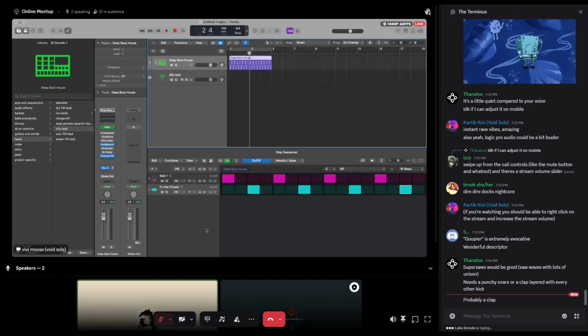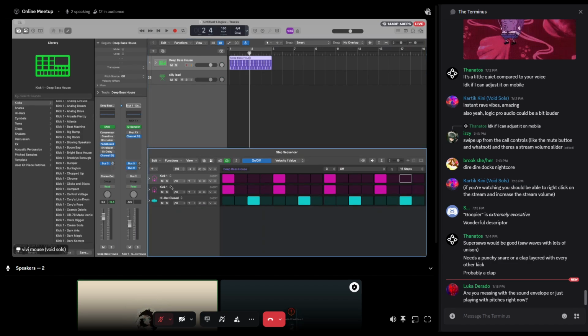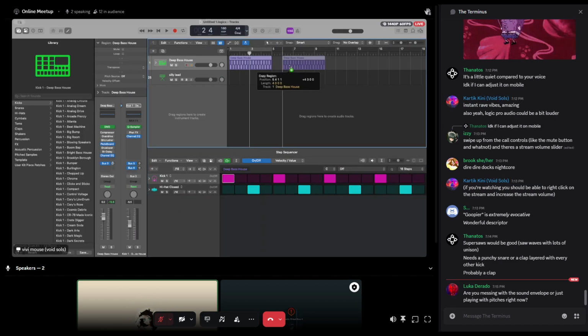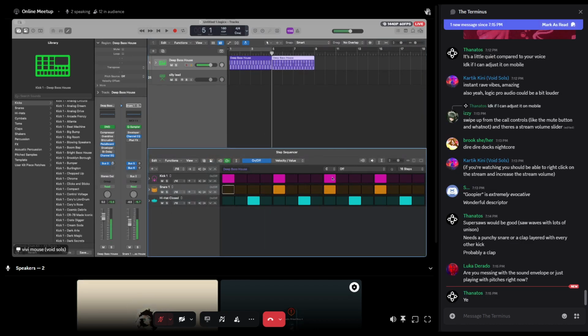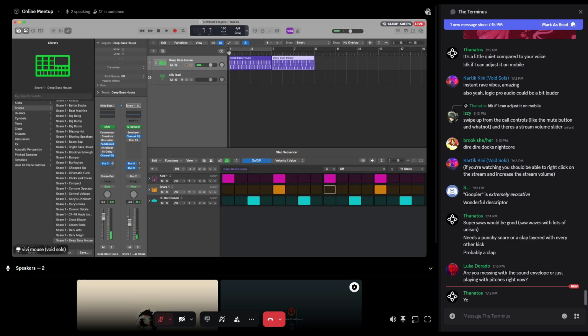Whoops. I like the idea of that snare. I think I'm gonna start it out like this though, and have the snare come in a little bit later, just because that's appealing to me at this moment, because I do still want it to build a little bit. That could be all right.